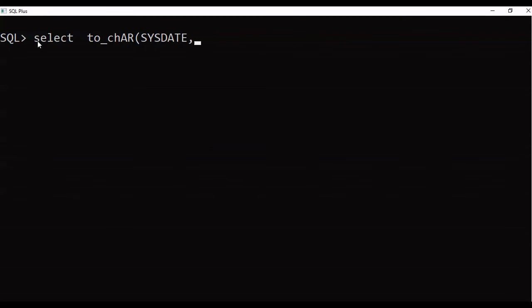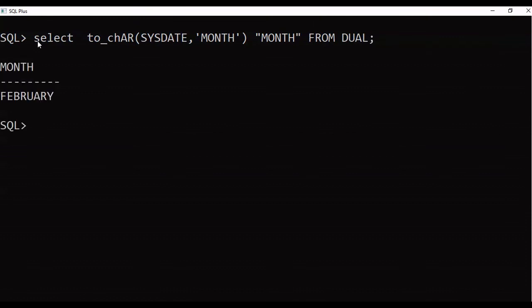Sysdate is the system date. Month, from dual. You can use this to_char function to extract the month, day or year from any date.